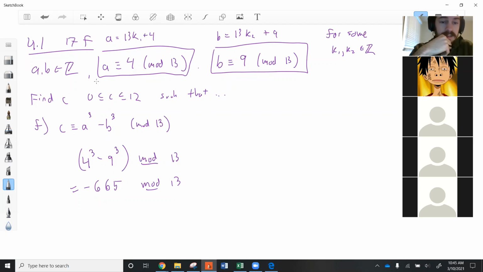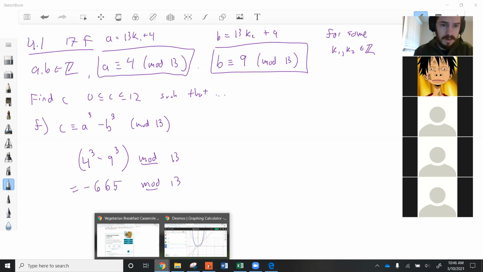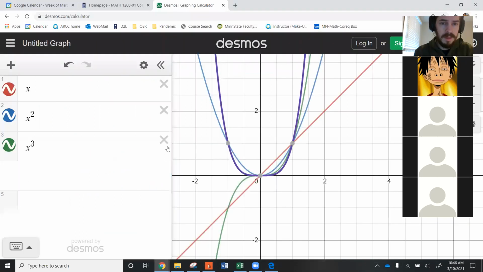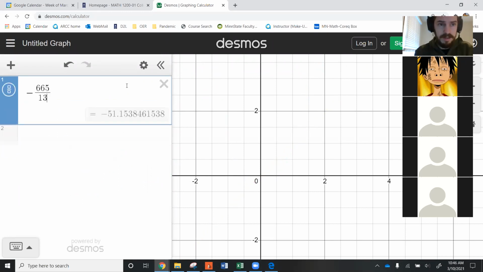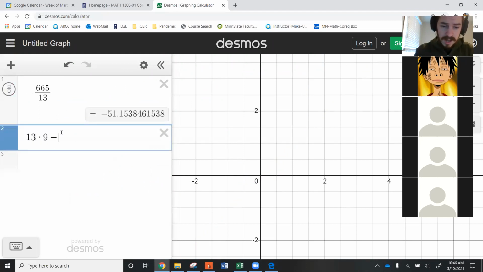Thank you, calculator. And then we've got to reduce that mod 13. To do that, we might have to do a little bit of guessing and checking on the calculator, because we are going to have to find a multiple of 13 which is close to negative 665. What is the largest multiple of 13 which is less than negative 665? So I'll show you my calculation on Desmos. Negative 665 divided by 13 is negative 51 point something. So I think if we do 13 times negative 52,